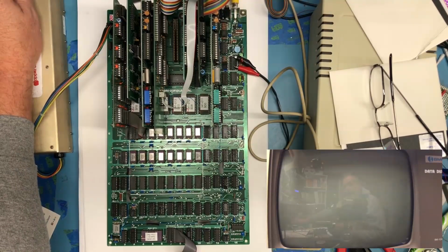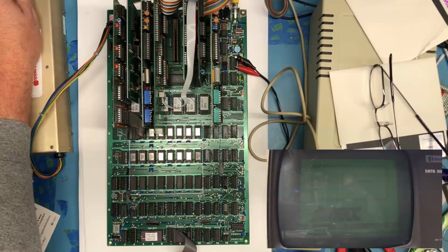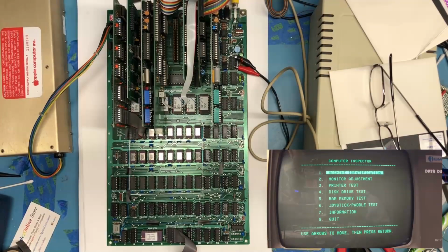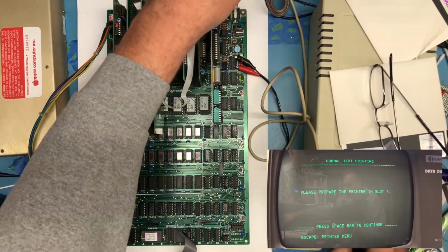Well, very nice. Machine identification: yes, it saw a second super serial card in slot 7. Very happy with this mod. I'm going to look at printer test. Normal printing. We're going to go to the card in slot 7. You want to change the line width? No. Let's do the same thing with the logic probe we did